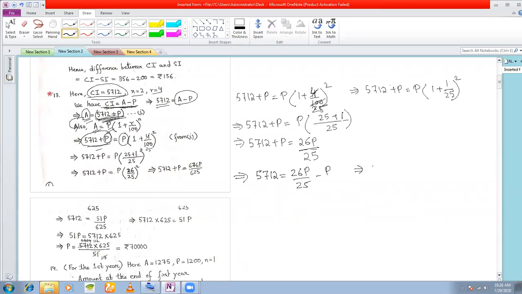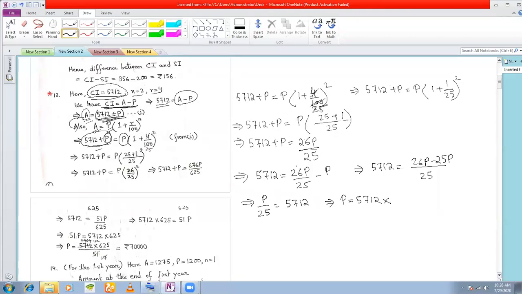That means 5712 is equal to, take the LCM, 25, 26p minus 25p, and then p by 25 is equal to 5712, and therefore p is equal to 5712